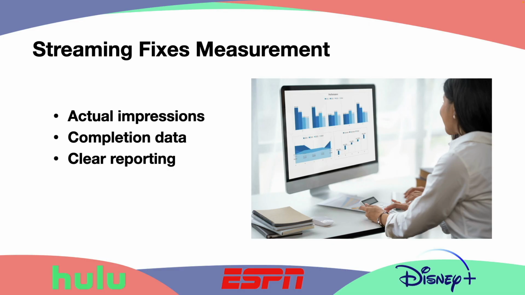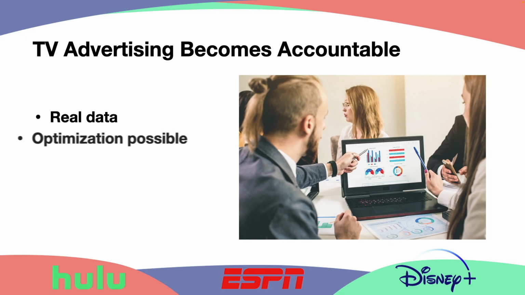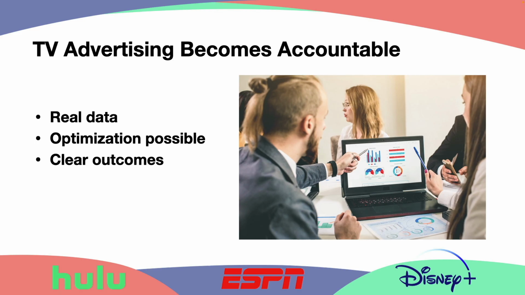This transparency allows advertisers, especially local advertisers, to evaluate performance with confidence instead of relying on estimates. Advertisers can now see what they're getting, adjust their campaigns when they need to, and make informed decisions. This is something you could not do with cable. If you pay to have your commercial on cable, good luck making any changes. With these streaming ads, you can change it tonight and have it tomorrow morning be a totally different ad, or run to a slightly different audience or a different location. It's that simple to make those changes, which you could never do with traditional TV.